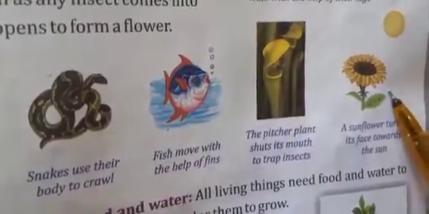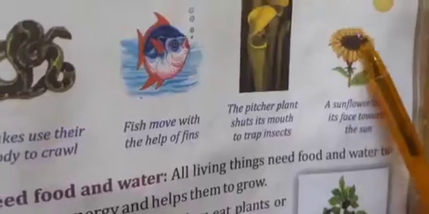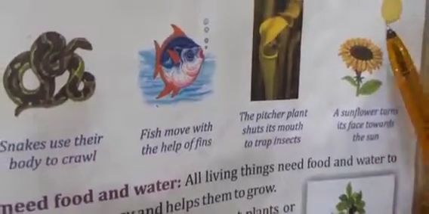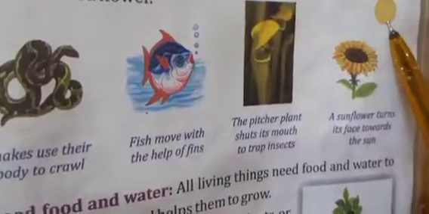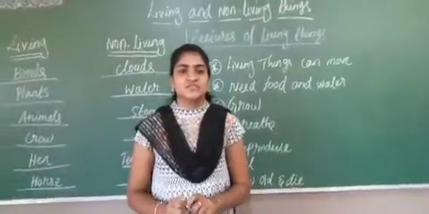And next, the sunflower, as I have given the example now. The sunflower's position is always where the sun is present. Based on the direction only, you can see the sunflower. Okay children, so till where I have